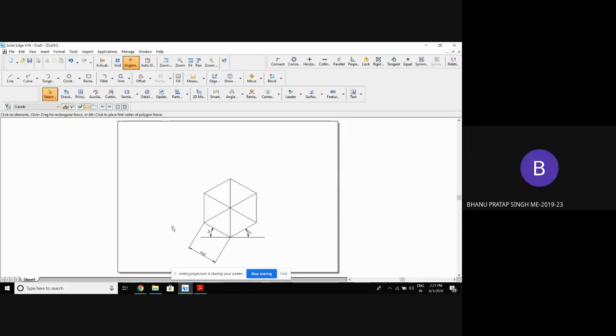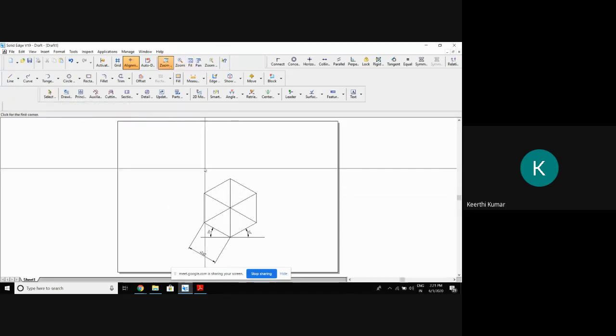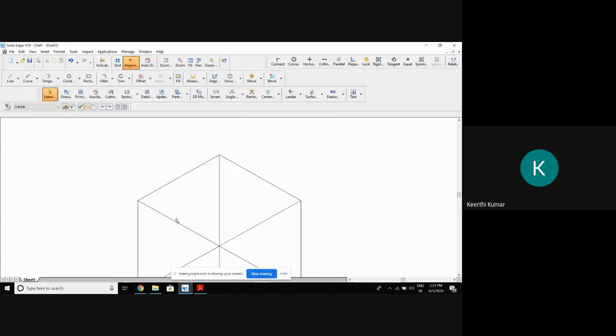If you're ready, let me know. Okay, very good. Now the cube is done. Then what I'll do now, you check out here. Then I'm having the 4 top surfaces. Can you see this top surface? The pink color one. This pink color indicates the top surface of the cube.